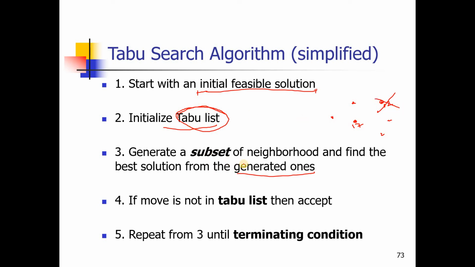Okay, so I generated the subset of nodes in the neighborhood, and amongst these 5 nodes, I select the best one, and I will only move to that node if it is not in the Tabu list. Then I will accept it. Clear? So if this is in the Tabu list, then I will select the next one, which is for example